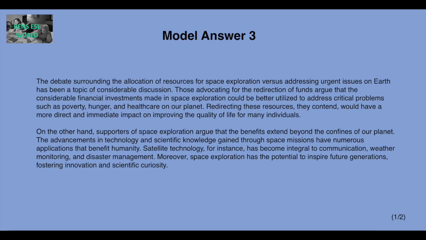Model answer 3. The debate surrounding the allocation of resources for space exploration versus addressing urgent issues on Earth has been a topic of considerable discussion. Those advocating for the redirection of funds argue that the considerable financial investments made in space exploration could be better utilized to address critical problems such as poverty, hunger, and healthcare on our planet. Redirecting these resources, they contend, would have a more direct and immediate impact on improving the quality of life for